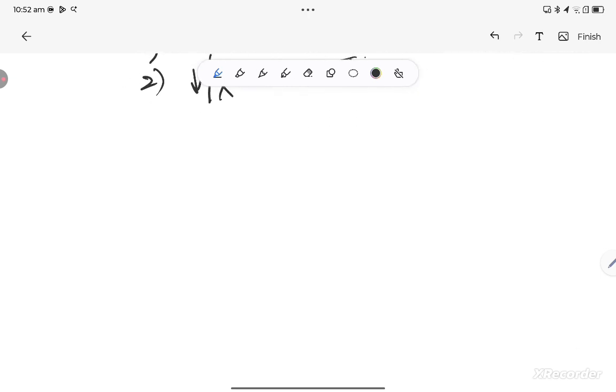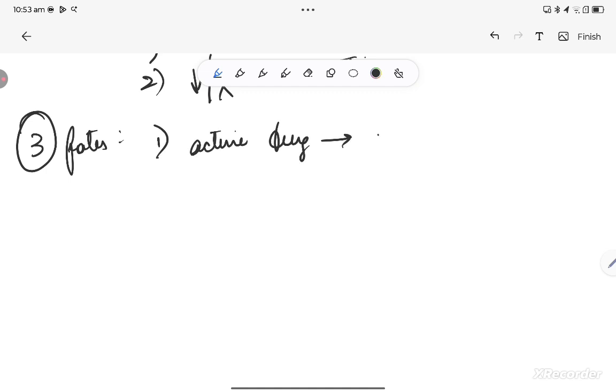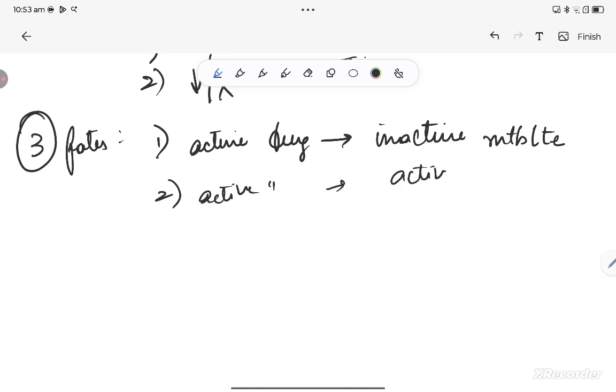Usually, when a drug enters our body, there are three possible fates. First one is active drug gets converted into inactive metabolite because of this biotransformation. This is the most common one. Second one is active drug to active metabolite. This helps in making the drug stay for a longer duration, this drug acts for longer duration. And third one is inactive drug to